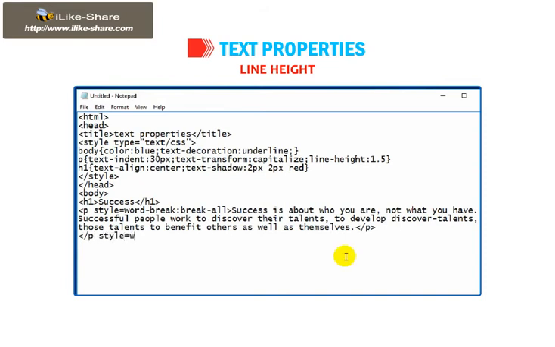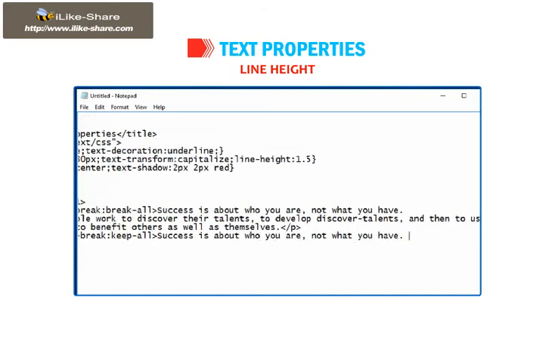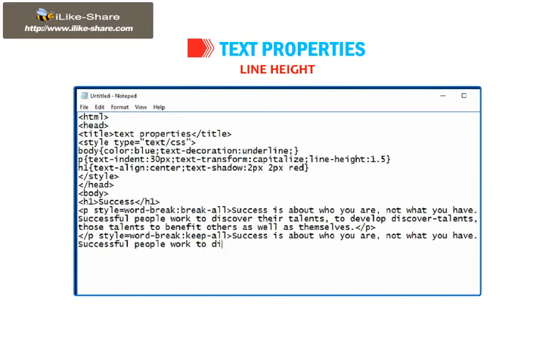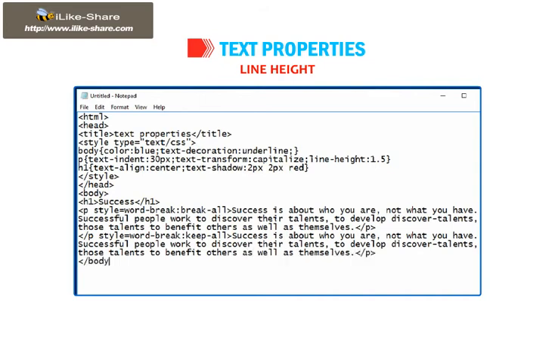P style equals to word break keep all. Success is about who you are, not what you have. Successful people work to discover their talents, to develop them, and then to use those talents to benefit others as well as themselves. /P /body /HTML.